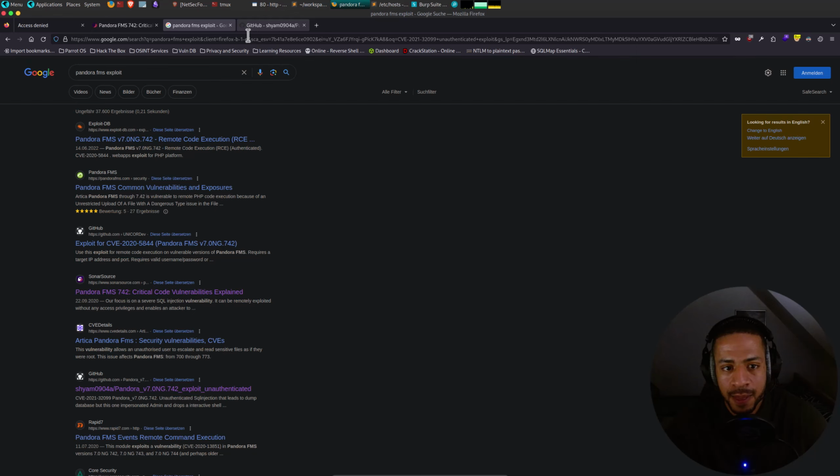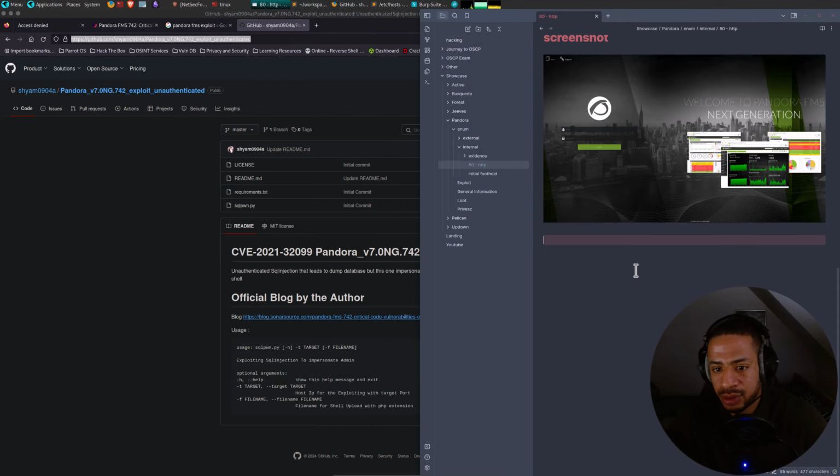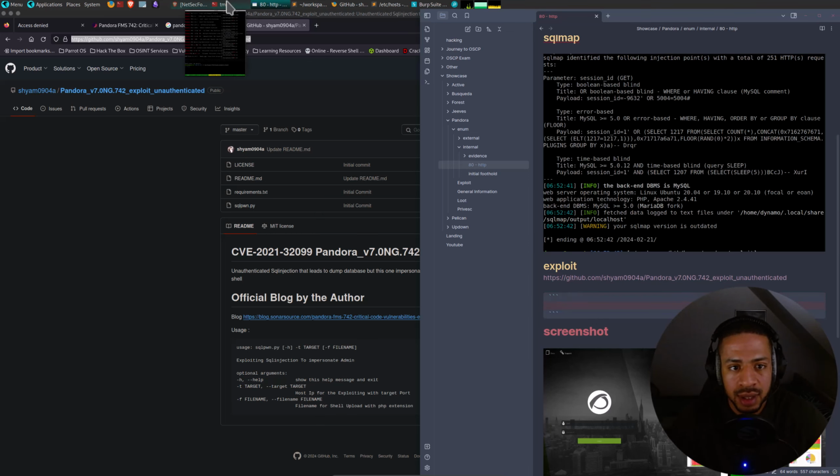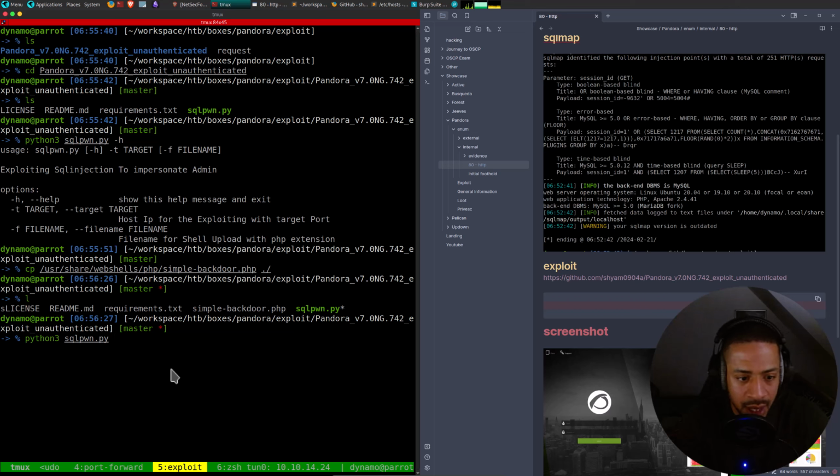Before we do that, let's take this, put it onto our notes. Like this, sqlpwn, and then the target, which is http://localhost:1234, like so. That should be okay.